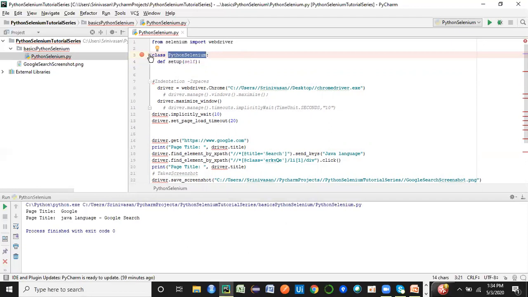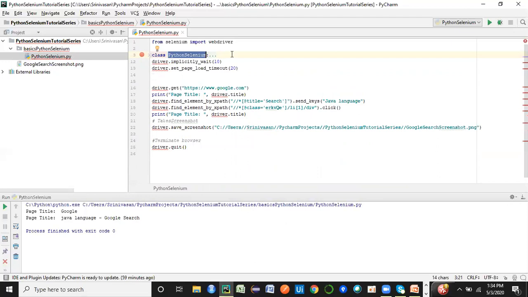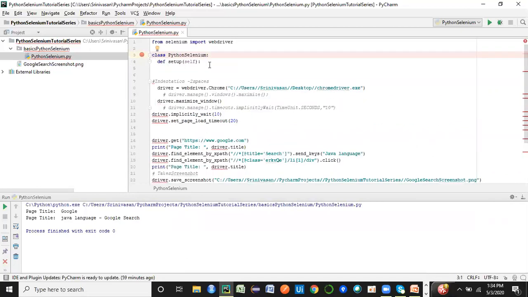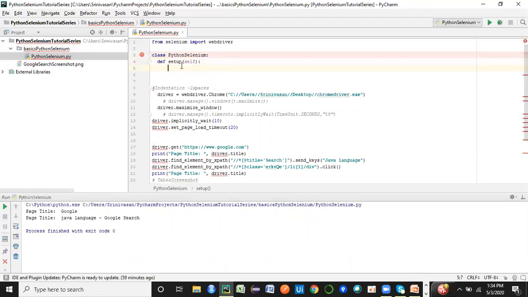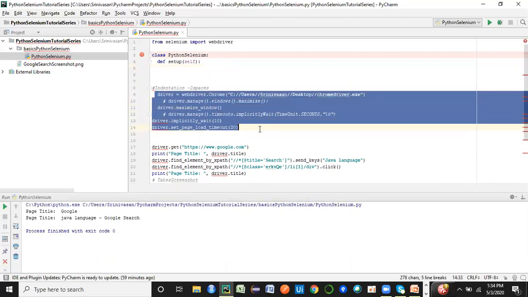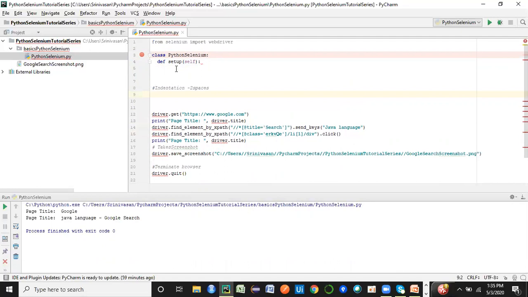If I minimize it now, that def method is collapsed. It's a part of this Python Selenium class. So I have created a method here, and now if you notice, it automatically gave some indentation when I go inside the method. Now I'm just going to put all of these statements as a part of my setup method.